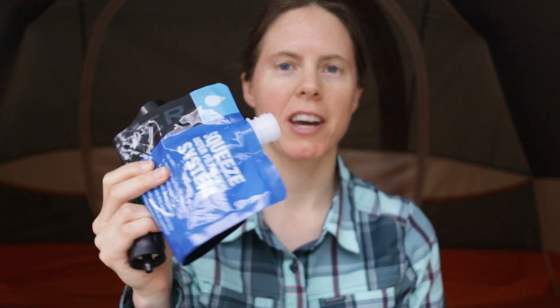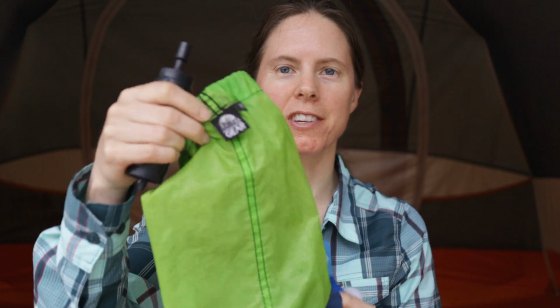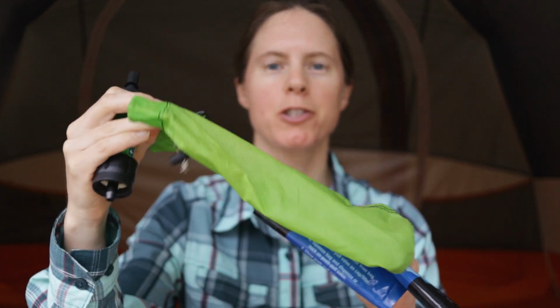Just scoop it and then pour it into the pouch here, and then you're ready to use this pouch for squeezing water into your normal water bottle that you use. I stored my filter and the dirty bag squeeze pouch and the little scooper that I made. I just simply stored it in one of these little stuff sacks, so super convenient. I just threw it in the netting in the back of my pack so it was easy to grab